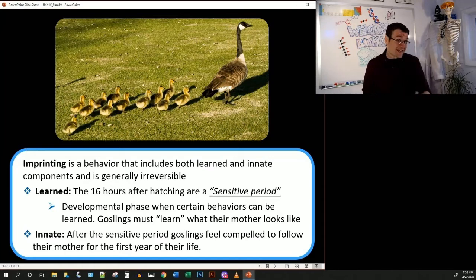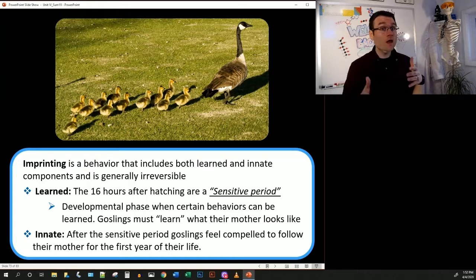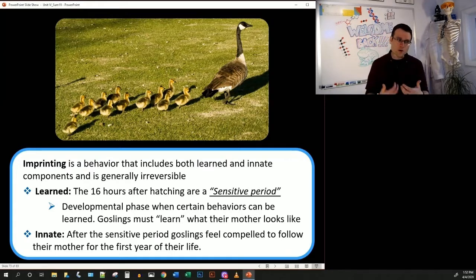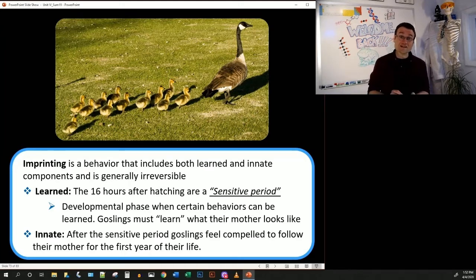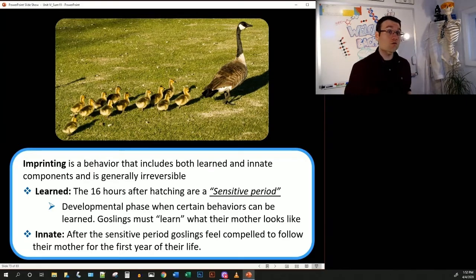It's innate because baby birds will do this as soon as they're born. They don't need to be taught to do imprinting, they just will do imprinting. But it's also got a learned component involved as well, because they first must learn what their mother looks like. As it turns out, the stimulus for deciding which object in their immediate area is their mother is just the first thing that they see kind of moving towards and away from them, the first thing kind of moving around.